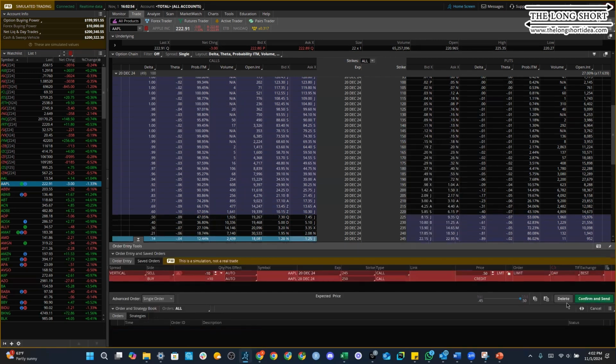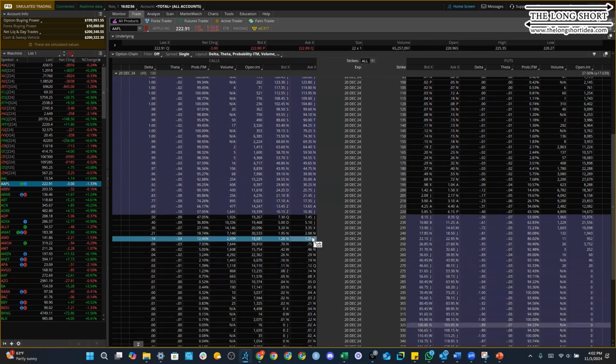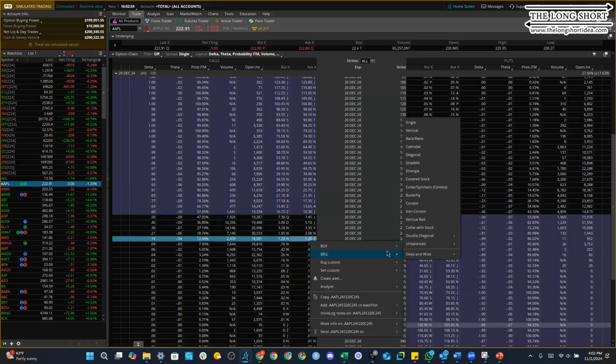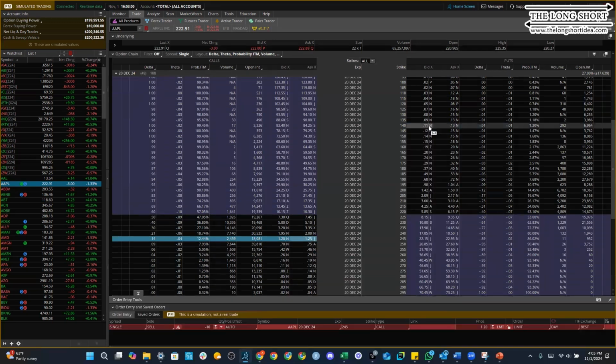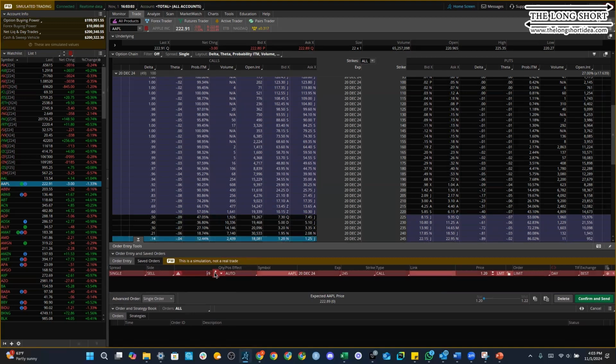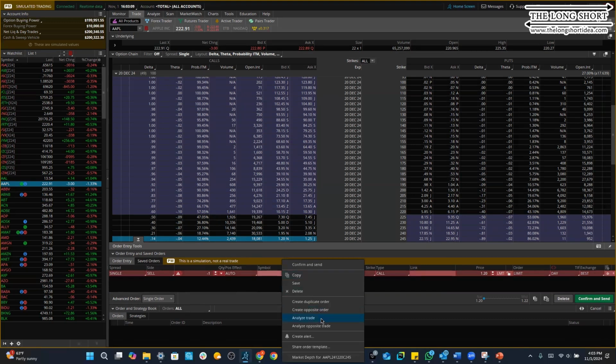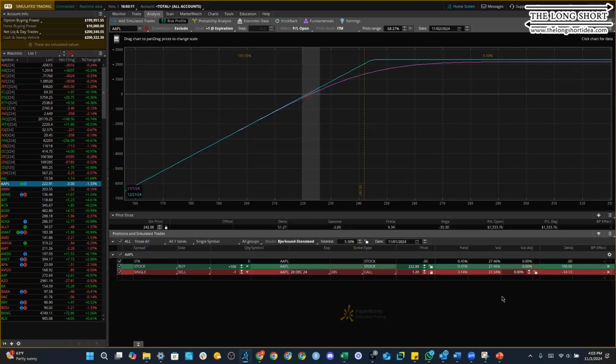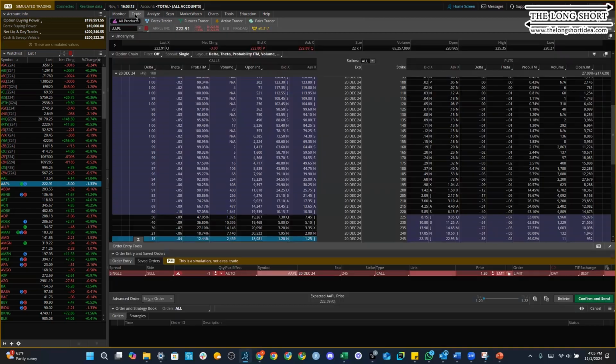Let's say not a vertical. That's the wrong one. You have to sell a naked call option, a single call option here. Now remember, one option controls 100 shares. So when you do this, they do not require more money from your account. And you can check that here. So if you confirm and send this trade,